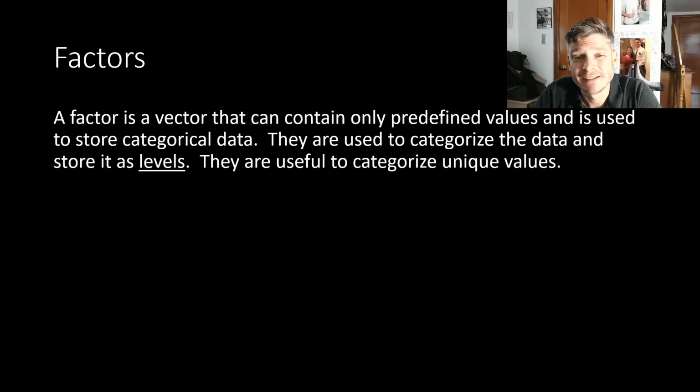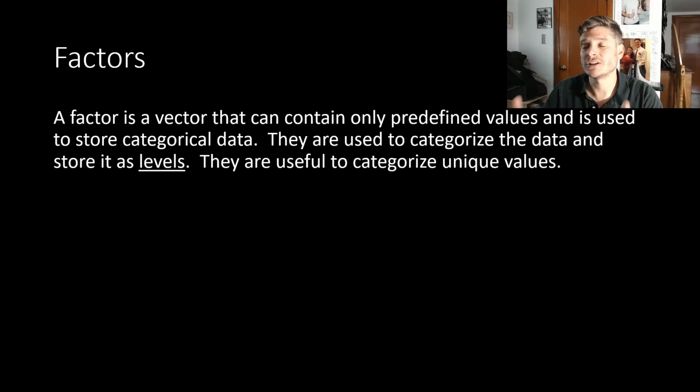All right. Next we have factors. So a factor is a vector that can only contain predefined values, typically for categorical data. Basically, we use it to categorize our data and store it in what are called levels. And again, they're very useful to categorize unique values. So if there's only a small set of values that everything can take on in my particular vector, I can create a factor, in fact,